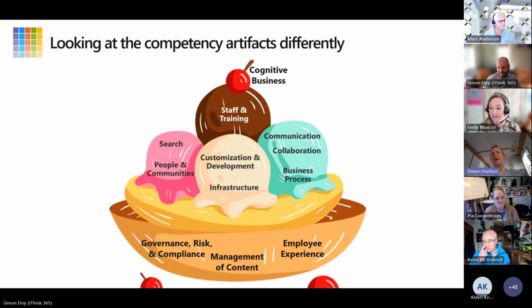I think what I like about this metaphor, because I love extending metaphors, is of course after a little while, all of these different types of ice cream start to merge, and that's where we get those intersections between the different competencies. You know, the whole point is you might start off having all of these in separate buckets, but once you put them on the plate, they're all mixed together, and there's overlaps, and there's synthesis of flavors and all these kind of things. So the metaphor is lovely, actually. It doesn't appeal to people's information architecture gland, but I think it does appeal to the real world.